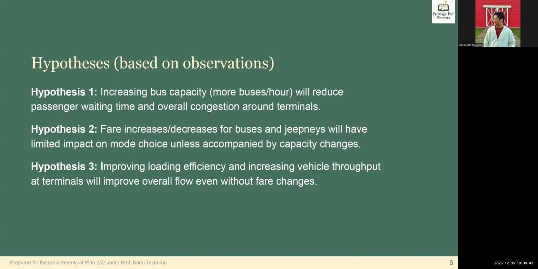We believe that this mismatch suggests that the queues and the delays are likely caused not by traffic flow itself, but by insufficient vehicle supply at the terminals. So our second hypothesis is that